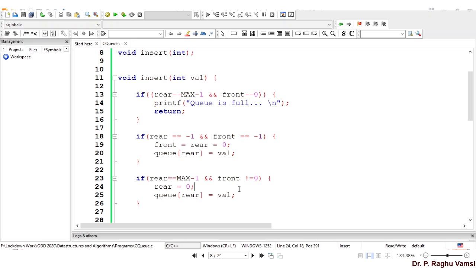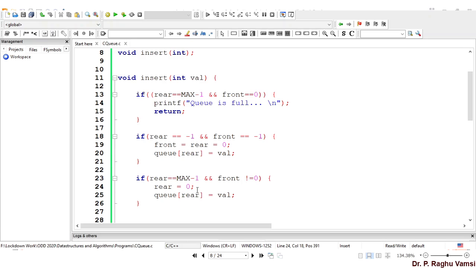So assume that in this case, front is at position 2. So that means rear is crossed at maximum, and now it turns to 0. When front is equal to 2, one more element can be inserted.